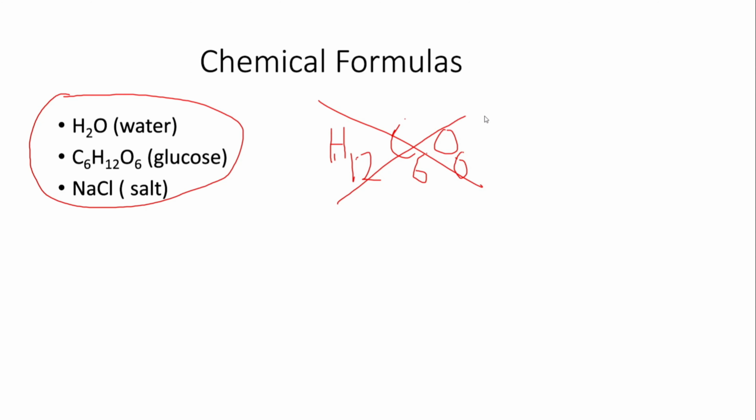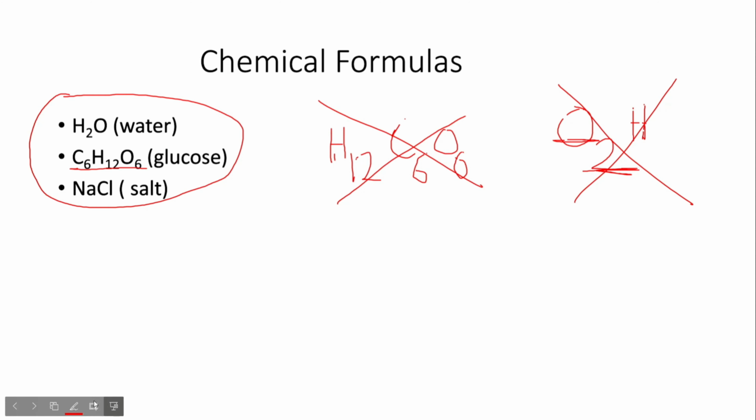We should only write it as C6H12O6. We can also take the example of H2O, which is the chemical formula of water. We can't write it as O2H. It is completely wrong. And we cannot change the subscript numbers or the order of the symbols in the chemical formula of